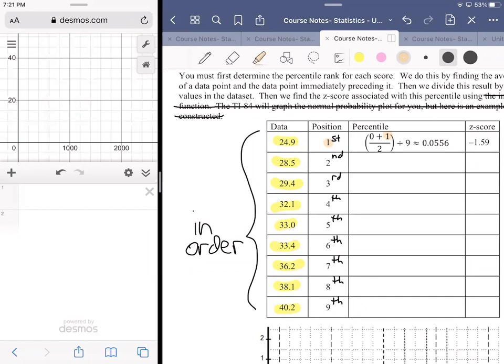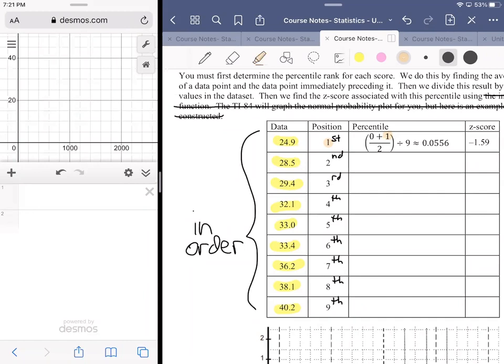There's more to it in terms of the probability, but if you take the position of the number itself and divide it by the total number of values in the set, you get an incorrect percentage. You get a closer percentage to the correct percentage